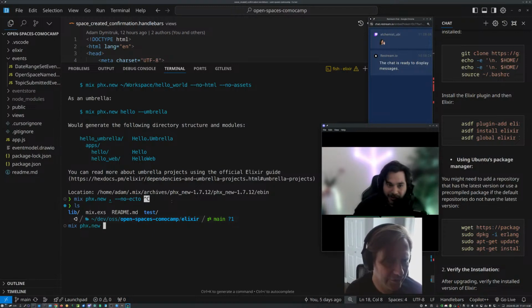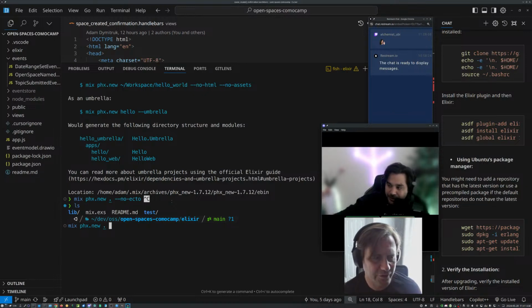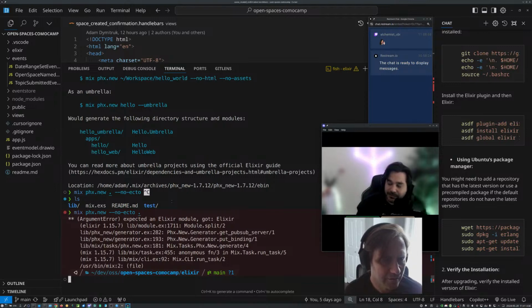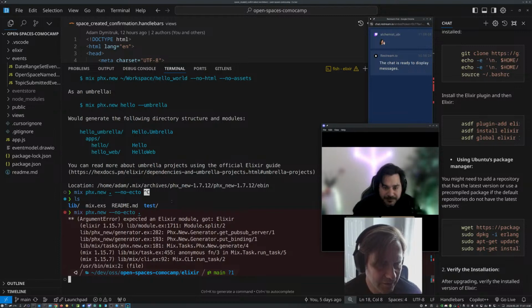It's like onboarding somebody. Yeah, go ahead. So mix phx.new, and then the dash dash no ecto. Can I do this? Okay, the arguments go before, right? You sure? Yeah, the arguments go before, then the name of the directory. Maybe you could do that, but you need to put the name of the application, right? So give it a name. Whatever I name it. Well, wait a second. One directory up. Yeah, that's what I figured.